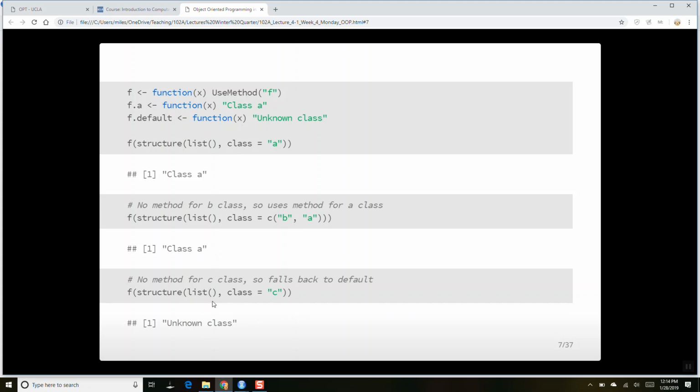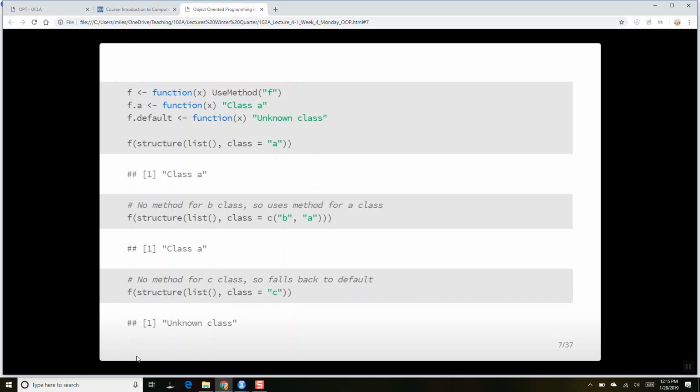Finally over here we've got an empty list of class C. R looks up f.c and doesn't find it, and because there's no f.c and no other class assigned, it uses f.default, which returns the character string unknown class, and that's what it does here.